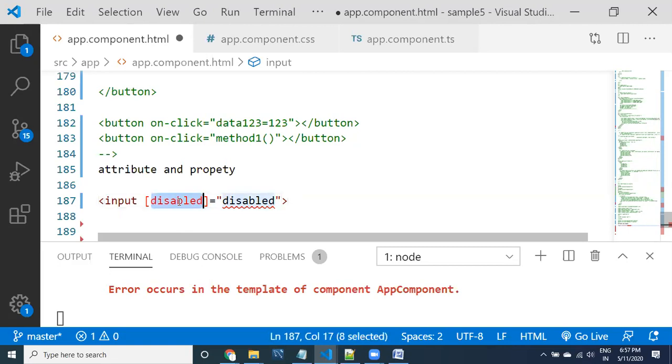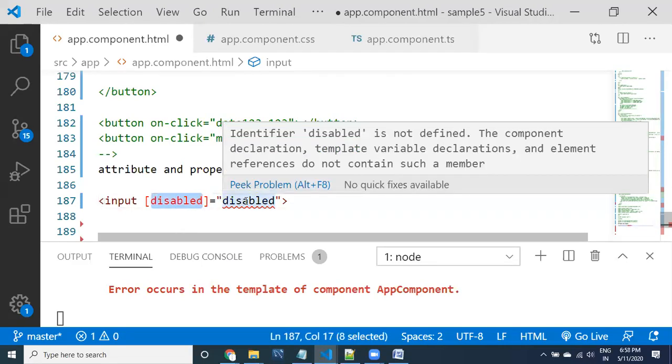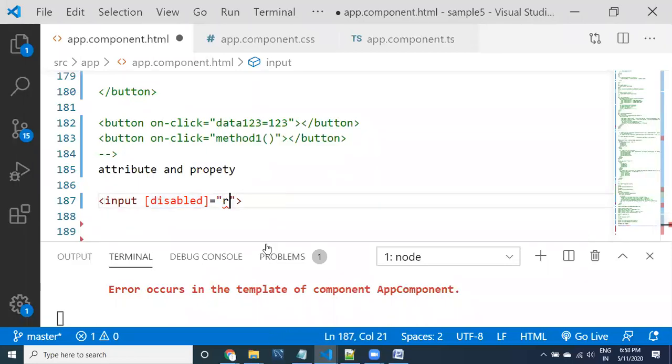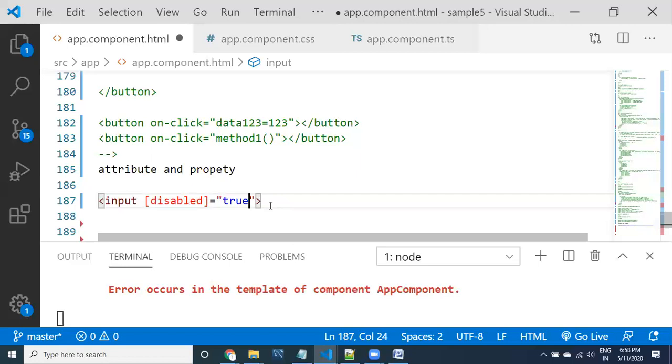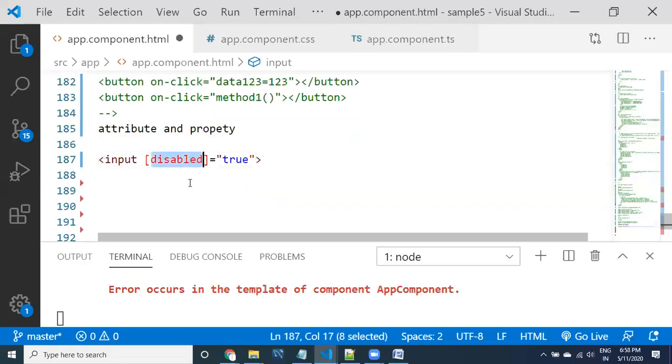The property is available in the DOM, and it is going to be set directly into the DOM. Inside the DOM, this disabled property is boolean, so you need to provide a true or false value. So remember, this binding is property binding.